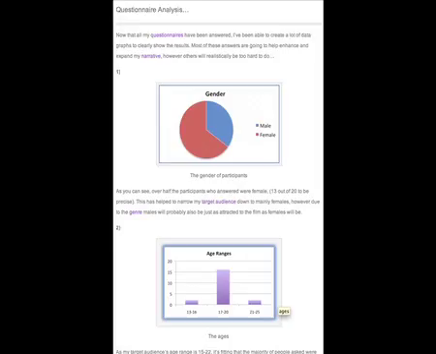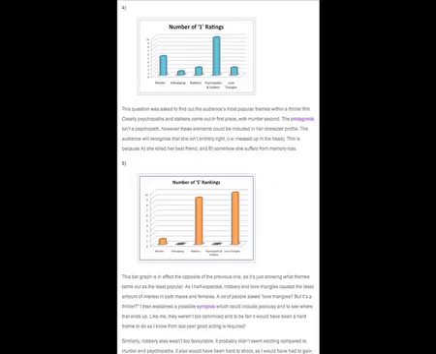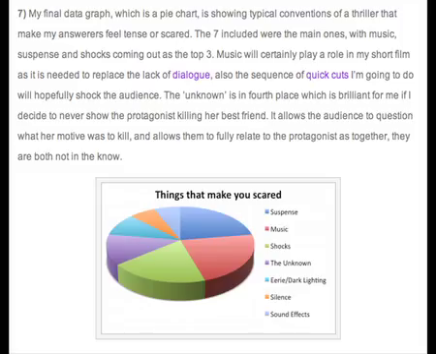I've also uploaded different shots into the blog, such as when I did my questionnaire and got my results, I created the data into pie charts and bar graphs, and I posted this on my blog. When I was doing my production and my planning, I could clearly look back on it and see what was in favour and what wasn't, rather than just looking at a sheet of paper and saying yes or no. If I did a chart and posted it on my blog, I could easily refer back to it whenever I wanted and see what were the positive and favourable decisions made by my target audience, so it's really helpful.